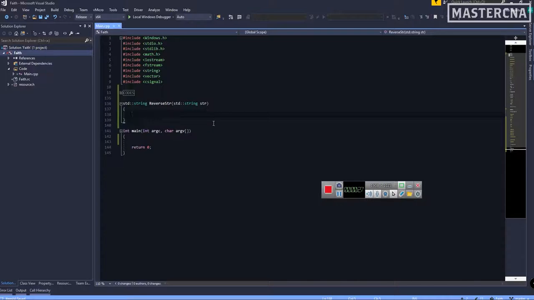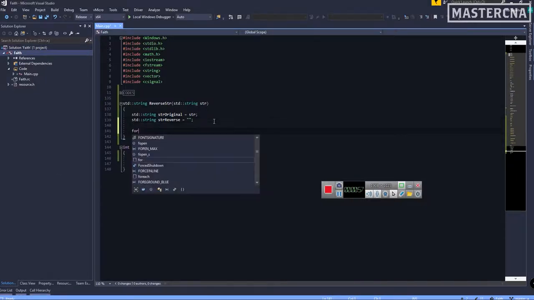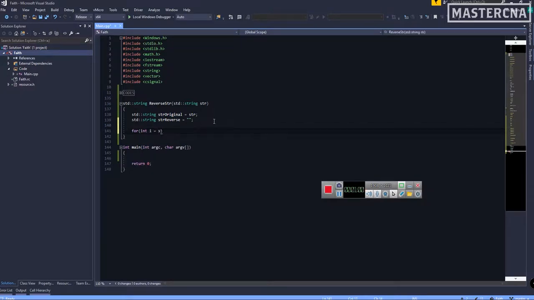So the first thing we need to do is make a local variable that contains the original string for us. We pass the parameter to it, and then we need a container for the reverse string, so we call it str reverse, and we initialize it with nothing. Then we need a for loop, that i equals to str original dot size in C++, because every